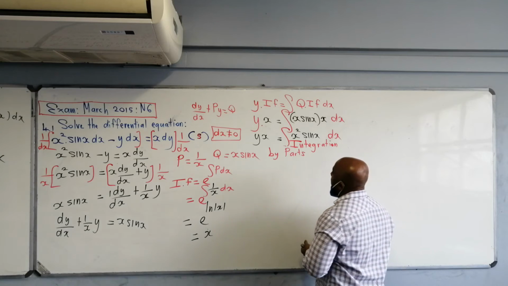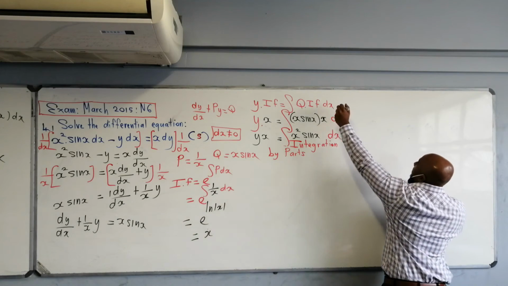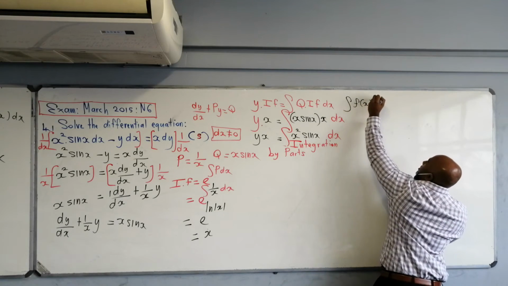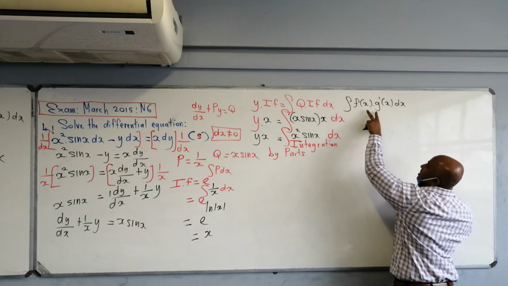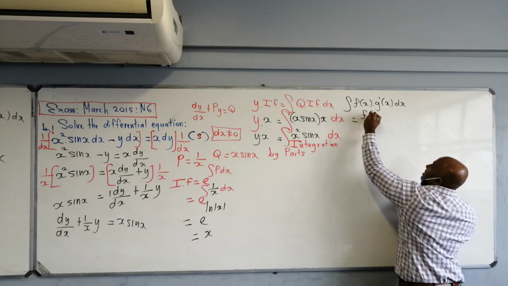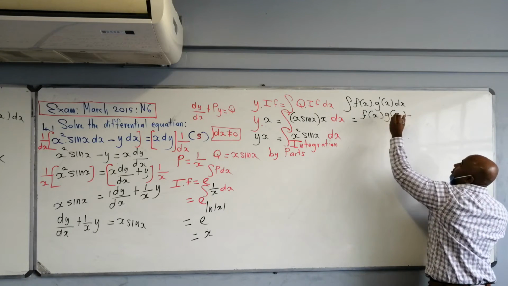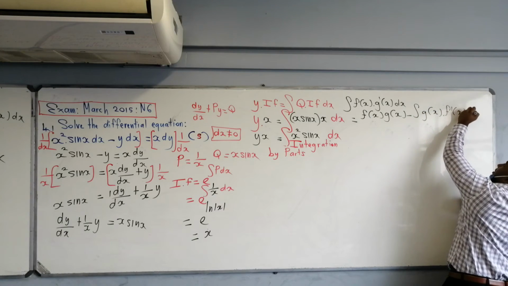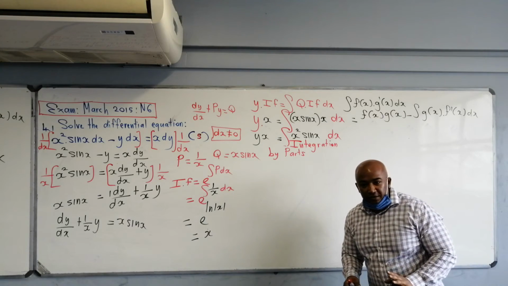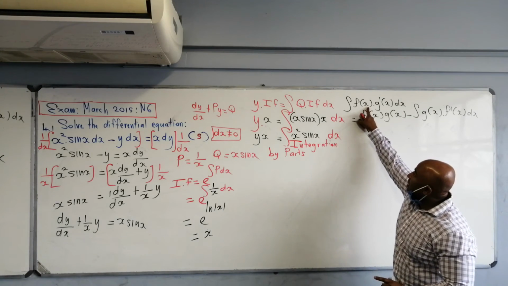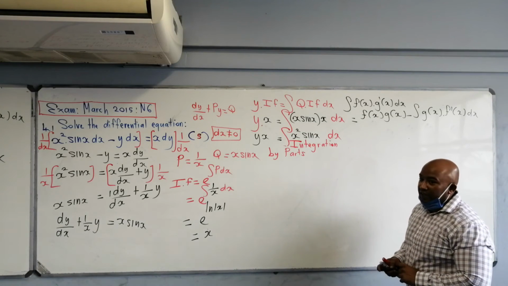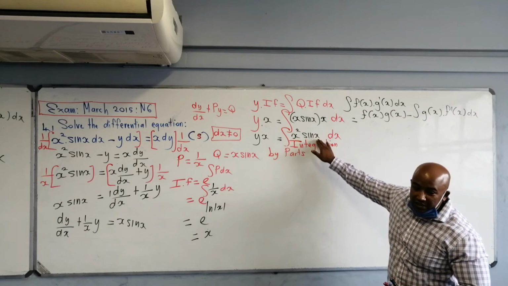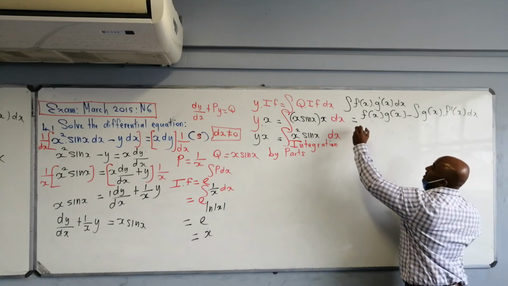So what is the formula for integration by parts? Right, so we know the formula is when you have the integral of f of x times g prime x dx. This is the question, and then this is the solution, f of x times g of x minus the integral of g of x times f prime x dx. Now, what's the most important thing is to identify f of x. So what is f of x? Is it going to be x squared or is it going to be sine? So you must know this